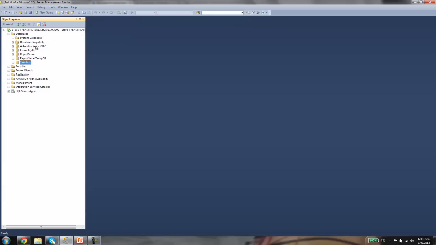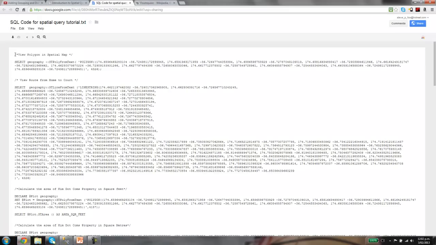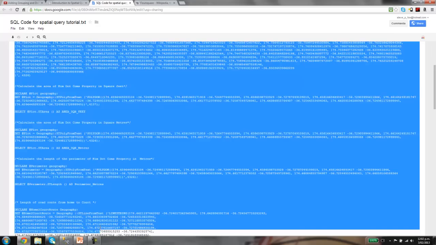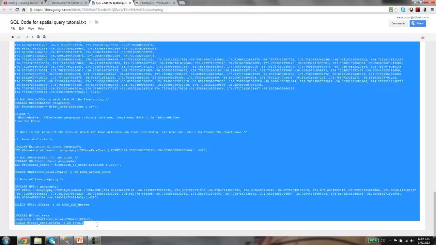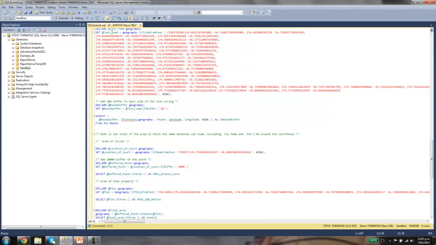Once you've got those, spark up SQL Server 2012. The first thing is to click on new query, and then we'll copy all of the code across. It looks like quite a bit of code here, but we'll run through it fairly quickly. So copy it and paste it in. If you haven't done too much coding before, it might be worth having a look at my